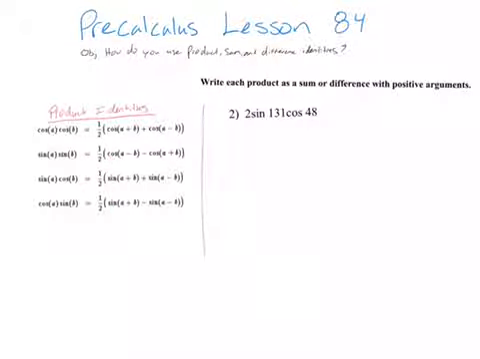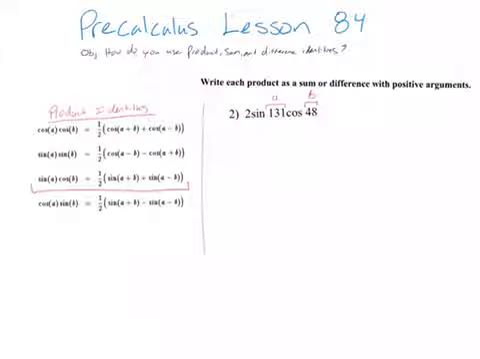So this one here is one like that. It says write the product as a sum or a difference with positive arguments. So what we're going to do is rewrite this. In this case, we have sine times cosine, so we're going to use this one here. And so then sine, this is going to be the A, this is going to be the B,